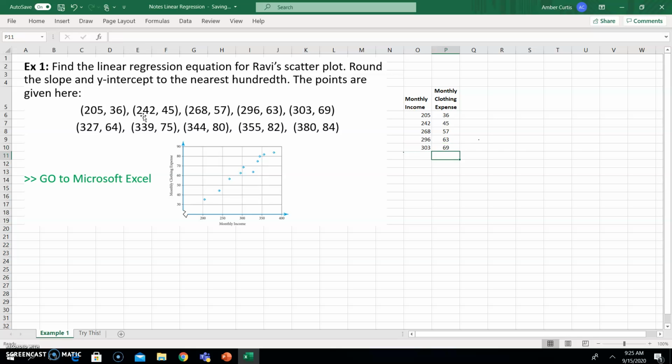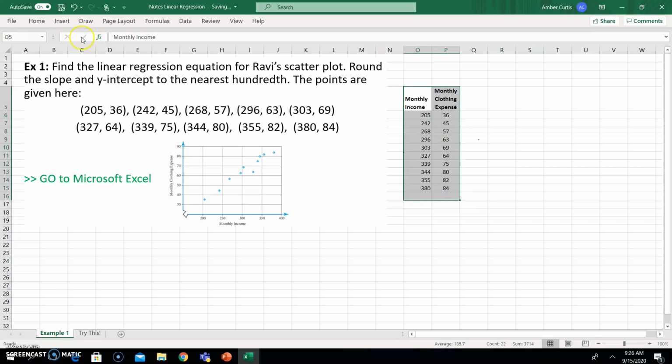All I'm doing is copying those numbers and putting them into the table. Do take care to make sure you're typing them in correctly, otherwise it's going to create issues for you later on. 355, 82, and then 380 and 84. Now, once I have my table of values,